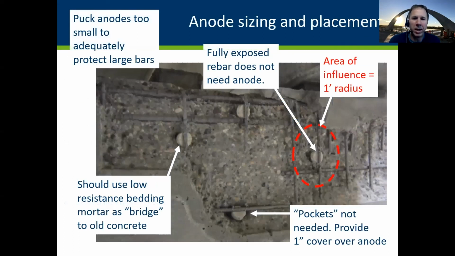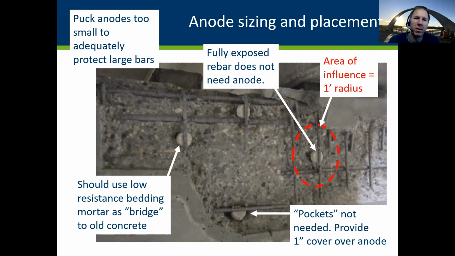Well, if you put in a puck anode, basically there's what's called a throw distance. So there's an area of influence of about a foot radius. If you drew a sphere, put the anode in the sphere, it could reach out a foot from the anode and prevent corrosion. The level of protection is related to how much zinc is in that anode. So that's the thought of when you go out there and look where to place these. You really only have a foot of influence.